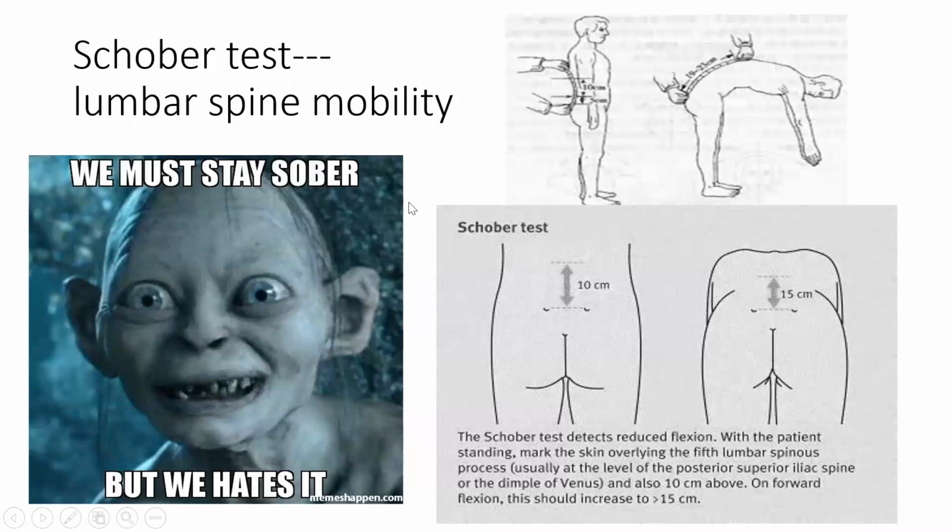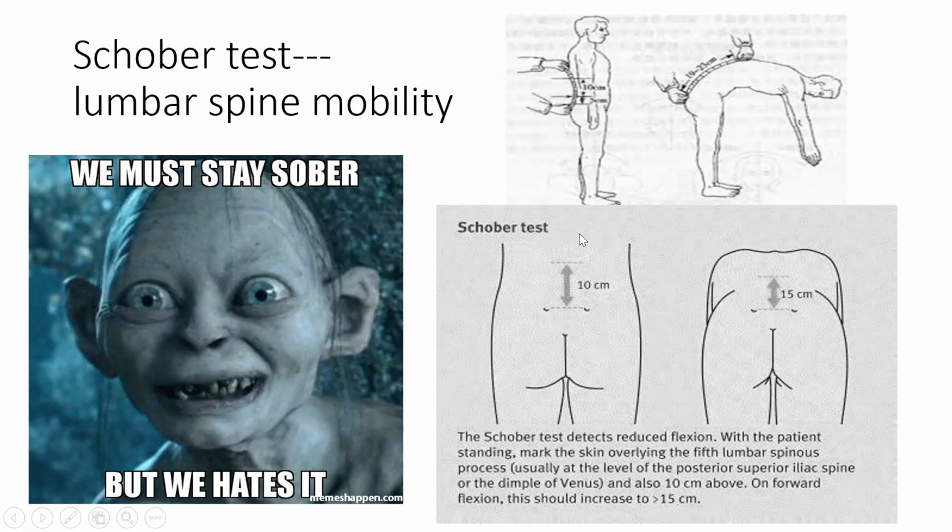Okay, so which are the tests for Angst point? This test is known as the Schober test. So what do we do in the Schober test? Normally we mark some lines on your back. If you mark two lines at a 10 centimeter distance, one line here, one line here, and you ask the patient to do flexion, or bend forward, then because the lumbar spine is very flexible in normal people, the 10 centimeter line will rise to 15 centimeter.